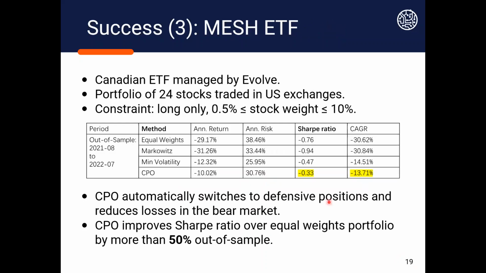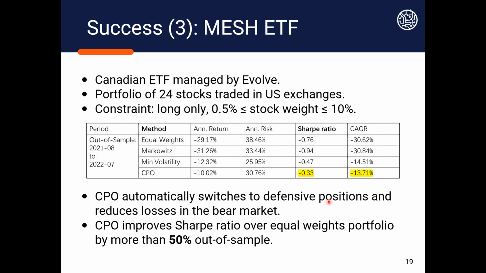For a particular ETF, we have done a proof of concept on an ETF called MASH. It is a Canadian ETF, by the way. It is managed by a company called Evolve. It has a portfolio of 24 stocks that are traded on the US exchanges. But the interesting thing about this portfolio is that it is constrained to be long only. And in particular, the stock weight is between 0.5% and 10%,